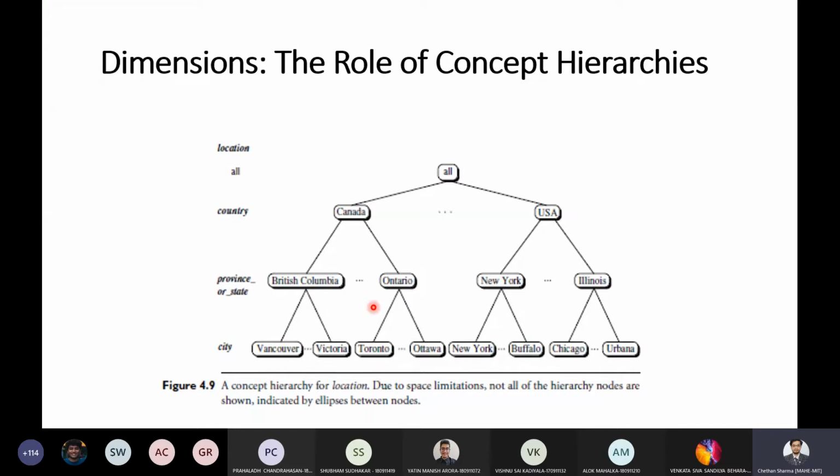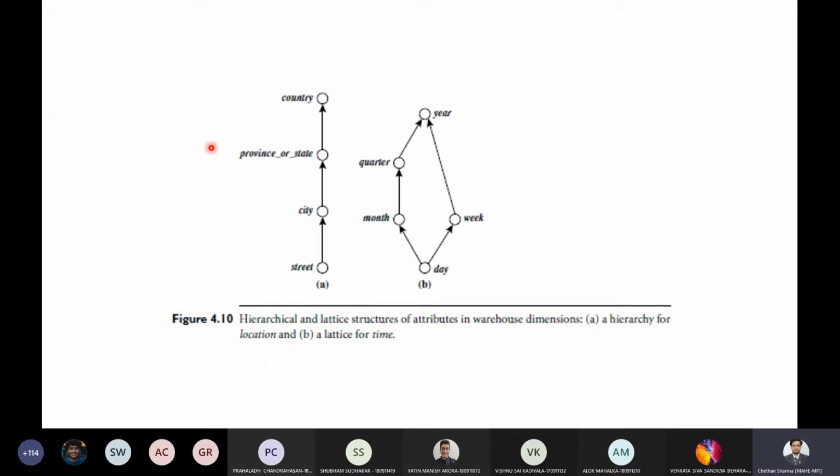If you consider this example, the lowest level is the city, a little higher is state, a little higher is country, and finally all, maybe the set of all countries, maybe the universe or the earth. The same thing here, they have shown a mapping from a set of low level concepts to high level ones, from street to countries.